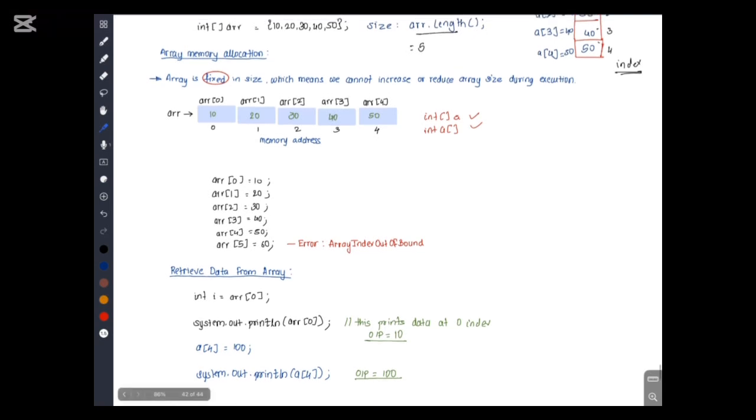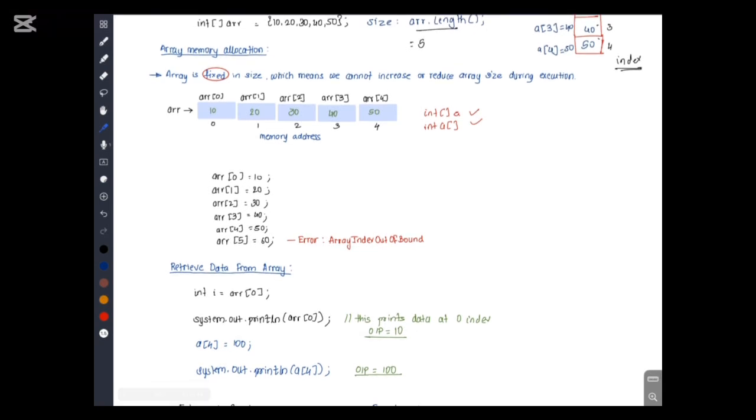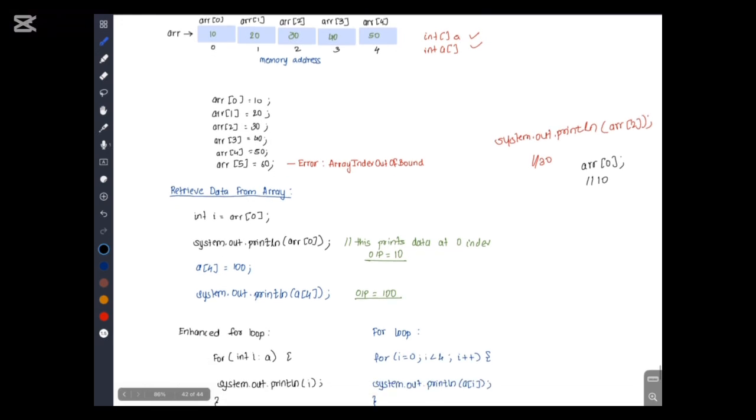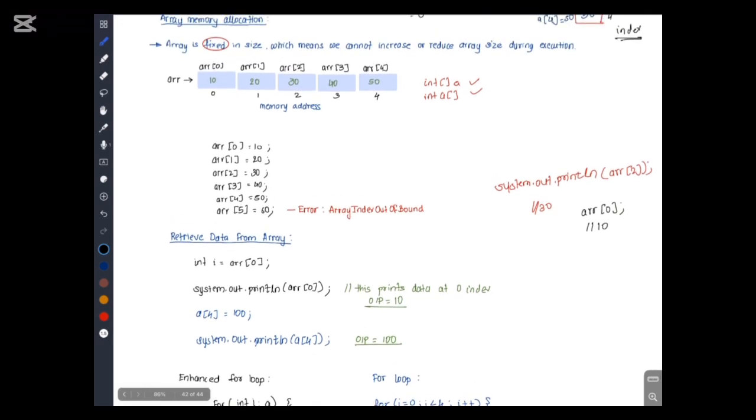Now let's see how we retrieve data from an array. If I want to find the value of ARR of 2, I'll write System.out.println of ARR of 2, and I'll get this value as 30. So we can find single values by just printing those values. If I want ARR of 0, I'll print this and I'll get the answer as 10. Now if I want to retrieve the entire array,